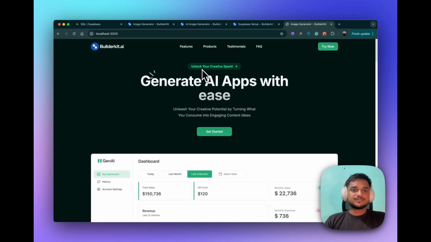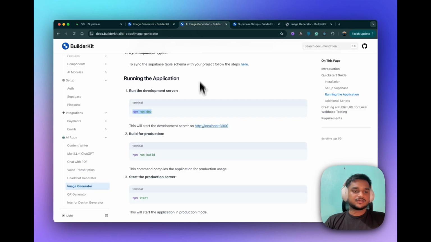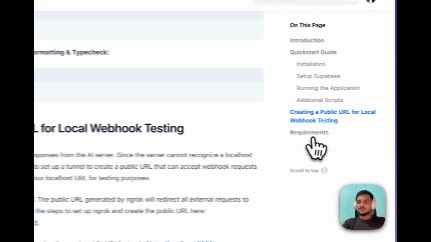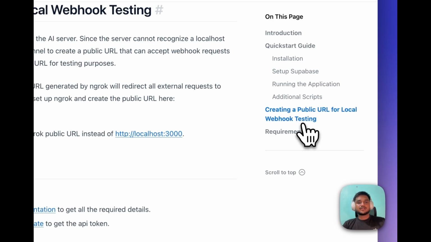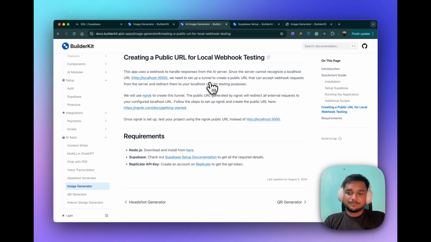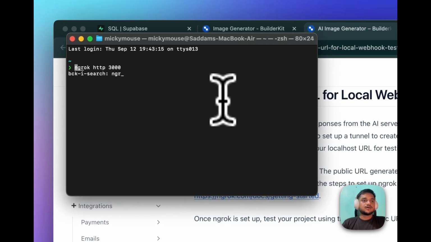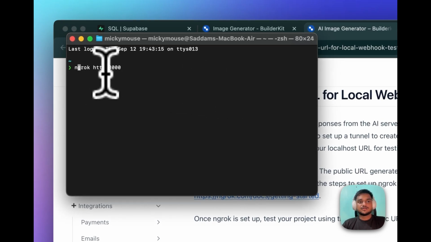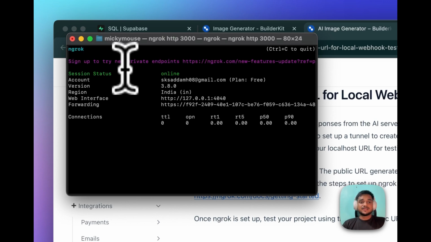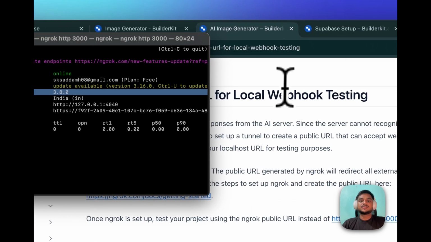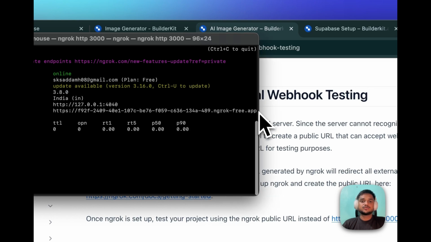But before using this, we have to do one more thing, that is we have to set up a public URL. These image generations are done through Replicate, and the responses from Replicate are handled through a webhook. So we need to create a public URL on which those webhook responses will be received. For that, we have to open the terminal again, and using ngrok, using this command ngrok http 3000, we can create a public URL that will redirect all the responses coming to this URL to our localhost